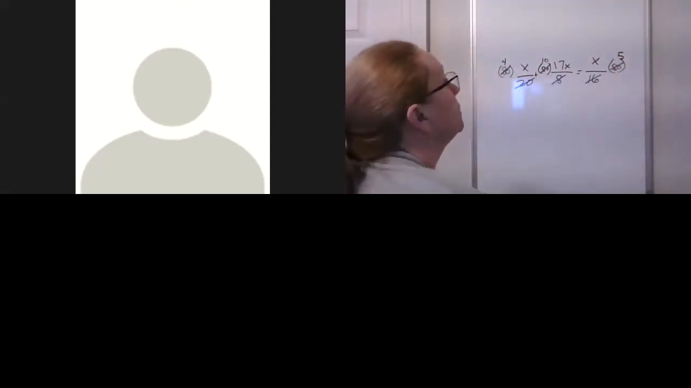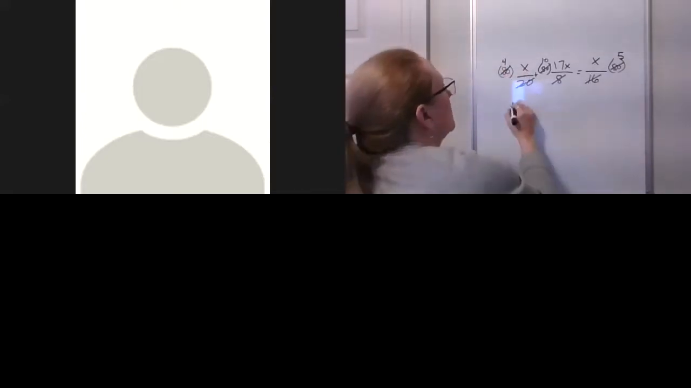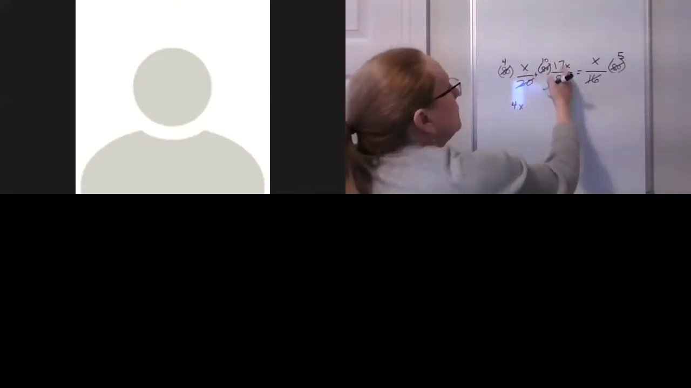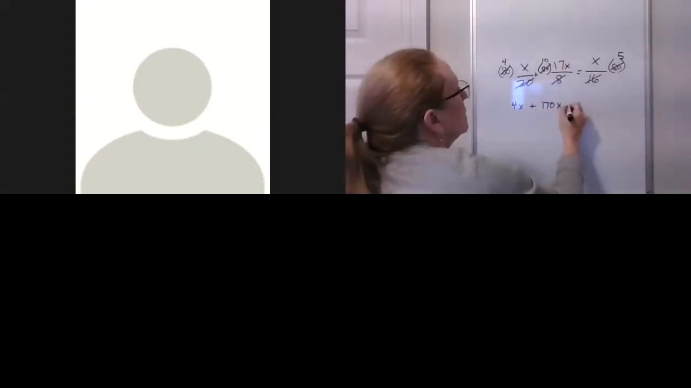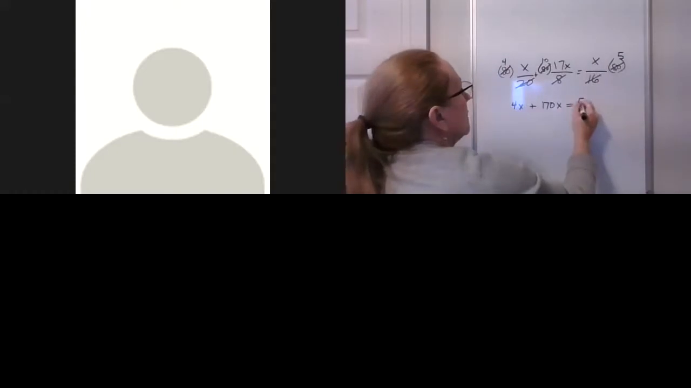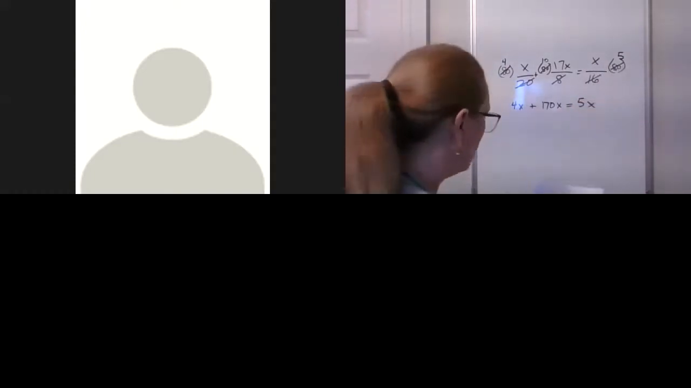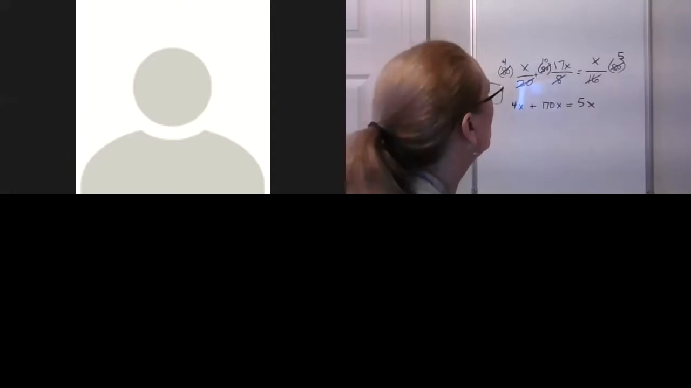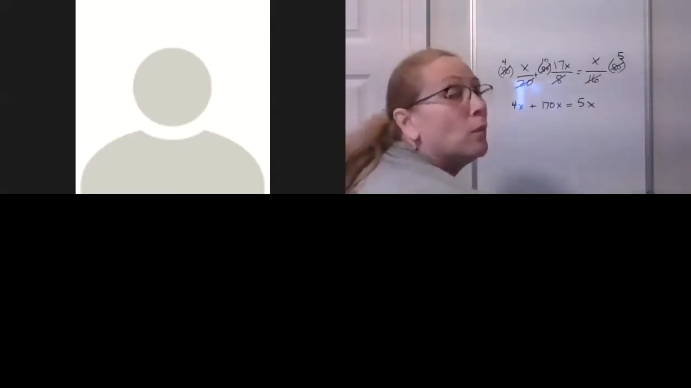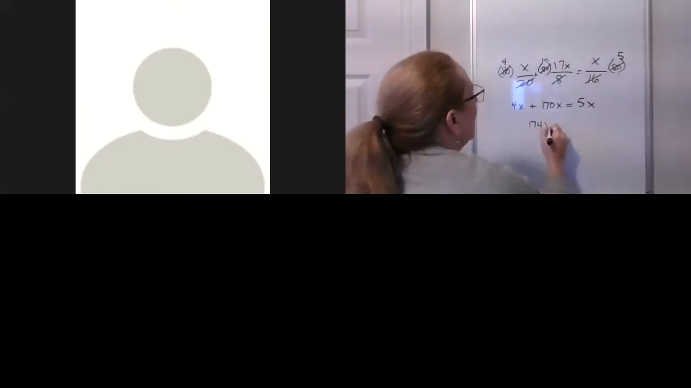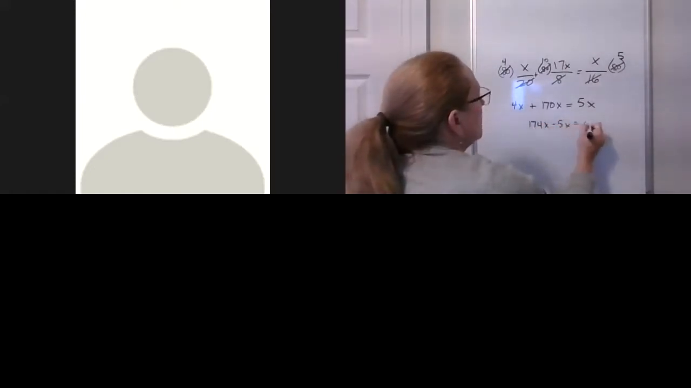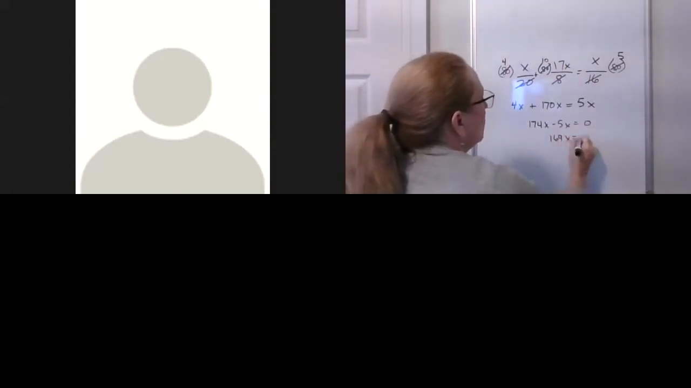All right. So now we've got 4 times x. 10 times 17, 170x equals 5 times x. Okay, well, we sure do have a lot of x's in that one. So when we gather them all to one side, we get 174x minus 5x equals 0, and we get 169x equals 0. And when you divide by 169,